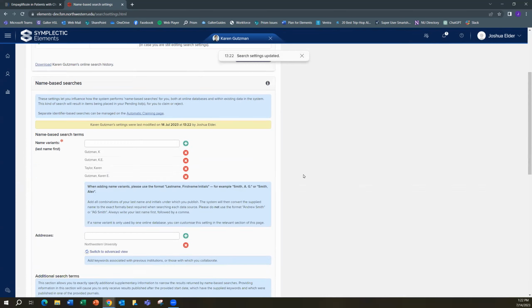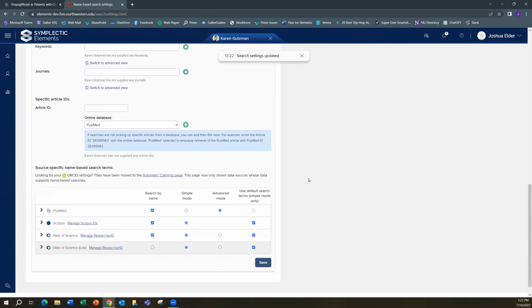Next, we're going to look at the column for Use Default Search Terms Simple Mode Only. You can use this checkbox if a user needs to edit search terms for a specific database, but prefers not to use the advanced mode. Checking this box essentially allows you to override the default search settings under simple mode. So uncheck the Use Default Search Terms checkbox,